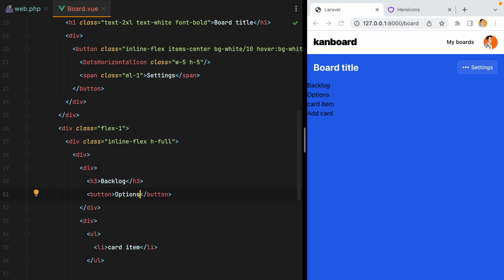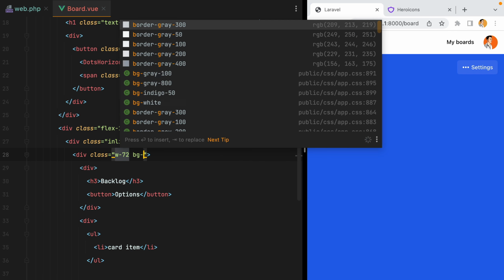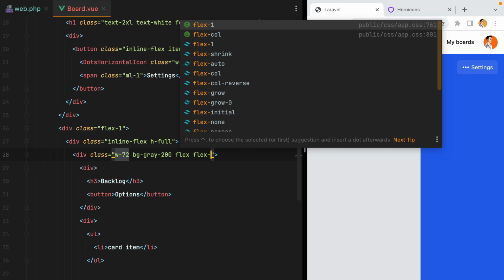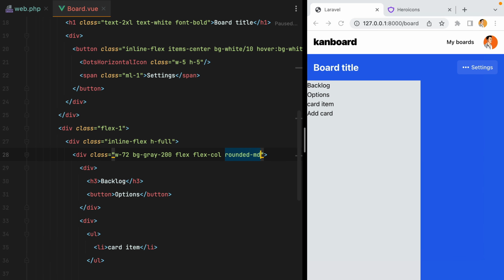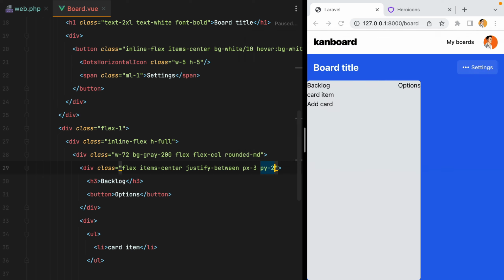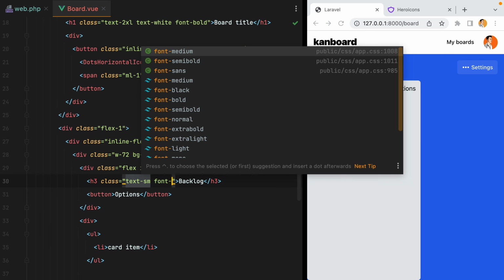And let's style the items starting with the card list container. We'll do width 72, bg-gray-200, and this will be a vertical flex, so we'll do flex-col, rounded-md. For the title and options container, we'll do flex, items-center, justify-between, and let's add some padding. We'll do px-3 and py-2. That looks good. Then for the title, we'll do text-sm, font-semibold,